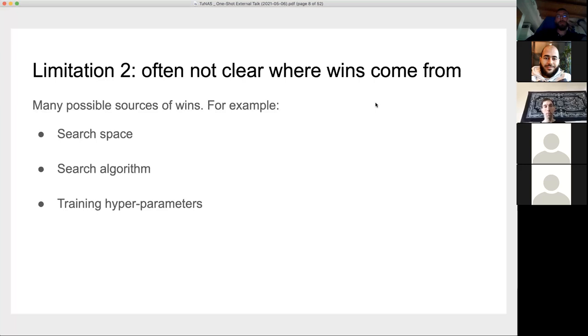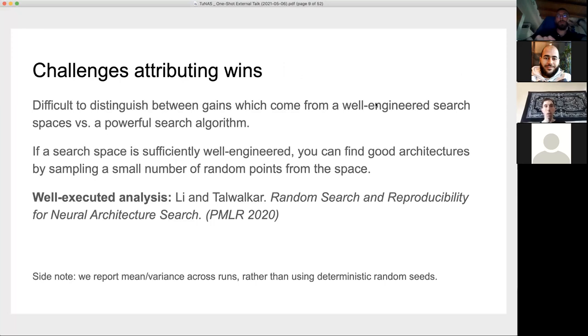So especially if you have a paper focusing on NAS algorithms, you want to make sure that you're properly attributing the wins, and that they're really coming from the search algorithm rather than other design components. Or if you're proposing a new search space, you might want to understand the trade-offs of that better. And so attributing these wins, from a research perspective, is really important,